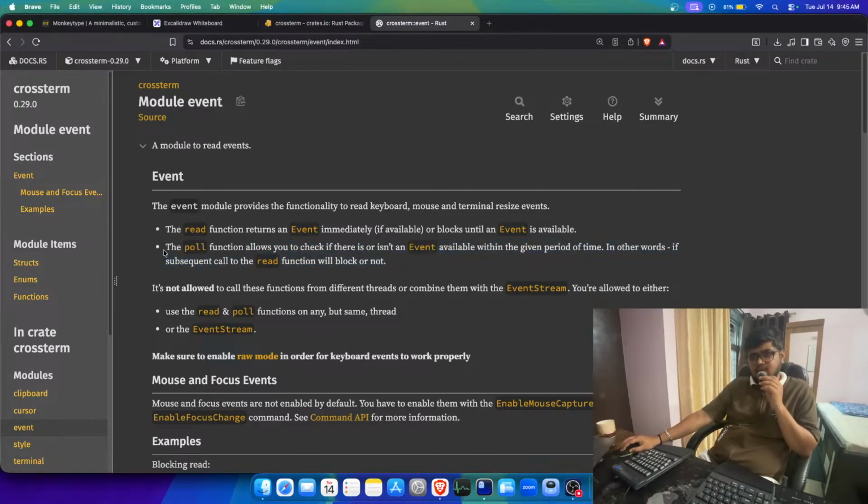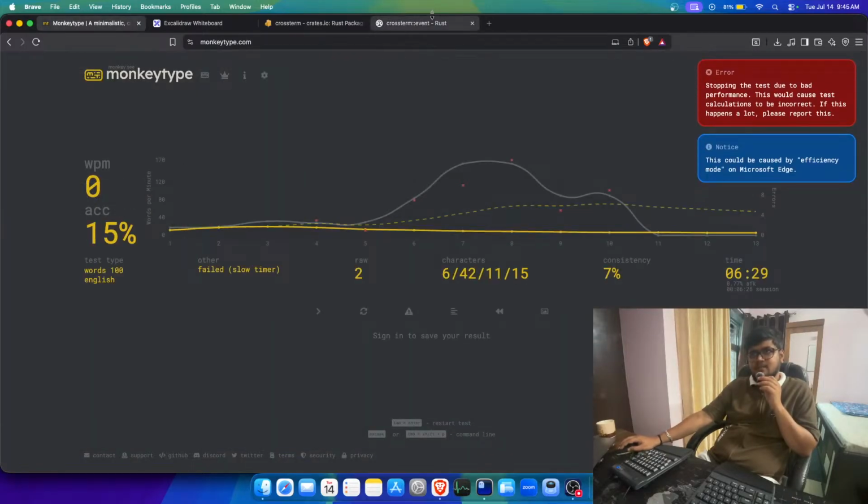So I mean, that will make our application look kind of real time, just like this thing, Monkeytype. All right,